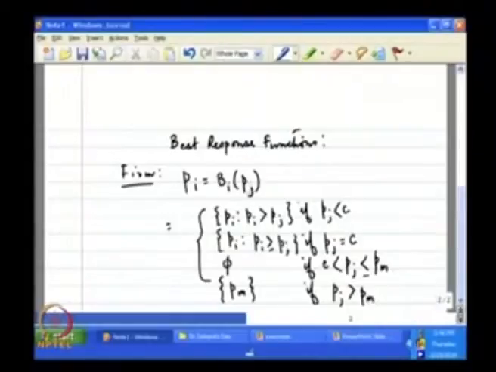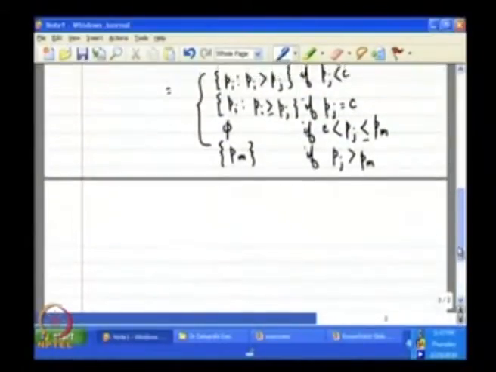So, the price that firm i decides is given by Pi. It is a function of Pj, the price that is determined by the other firm, and we have seen in the previous lecture that there can be 3 different ranges of values of Pj which we have to consider separately, and for each case the best response of firm i will be different and given by this set of values. Now, given this, what we can do is to plot this best response function for firm 1